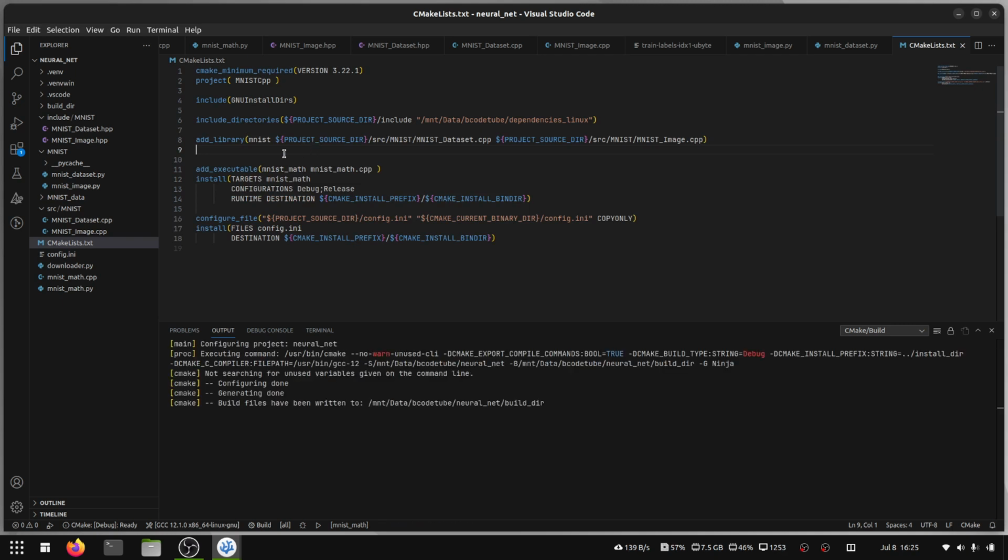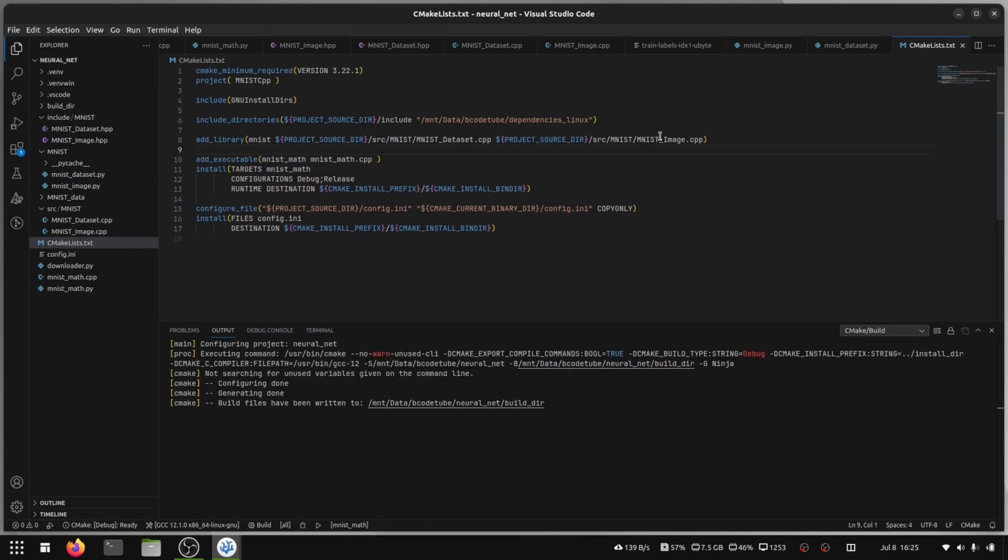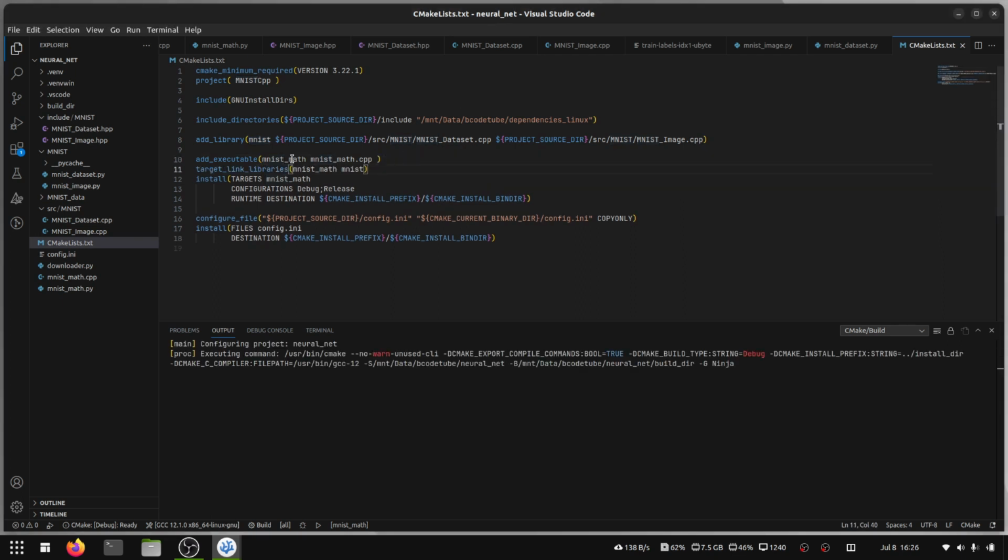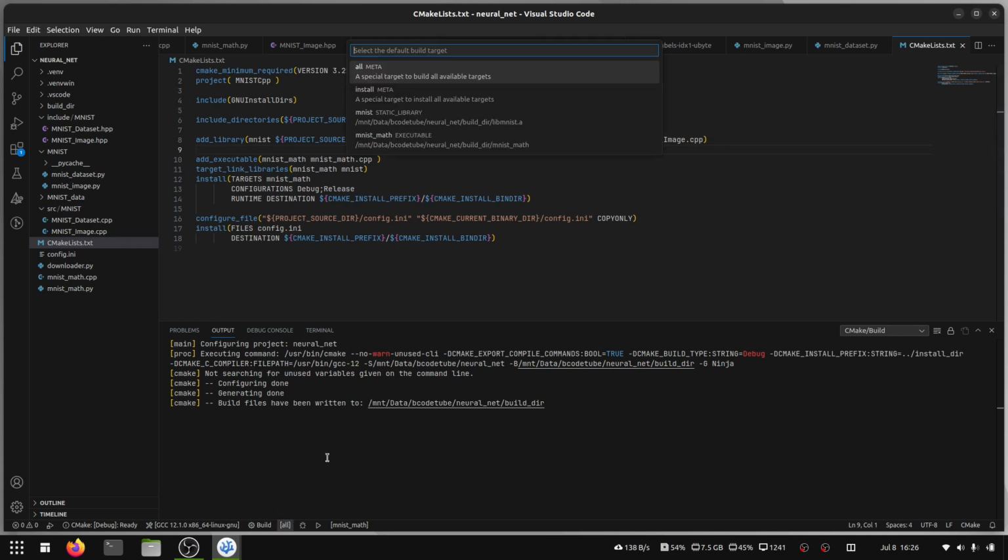So I'm gonna compile the dataset and the image into a library, and I'm gonna link it into our executable. If we build